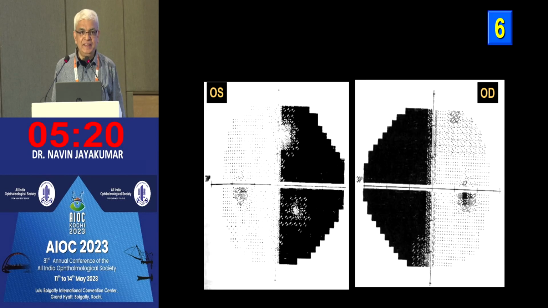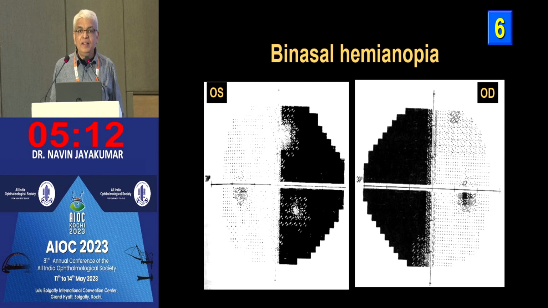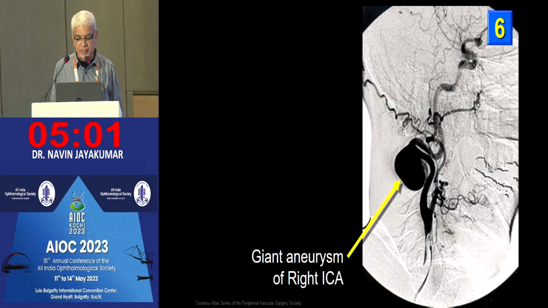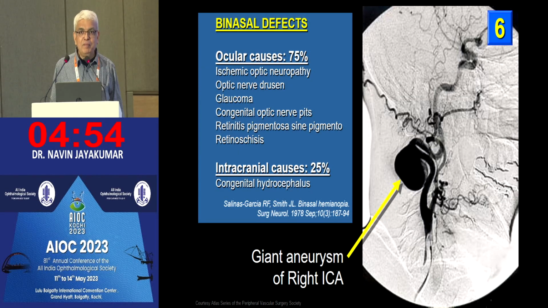This is what it is. Okay, so this happens to be a binasal hemianopia, and not a bitemporal one. So when you interpret visual fields, please interpret it as if you were the patient. Place the right field in front of your right eye, the left field in front of your left eye, and then start interpreting it. Binasal hemianopias, classically one used to talk about giant internal carotid artery aneurysms, but many binasal